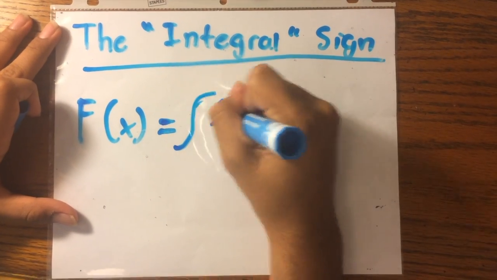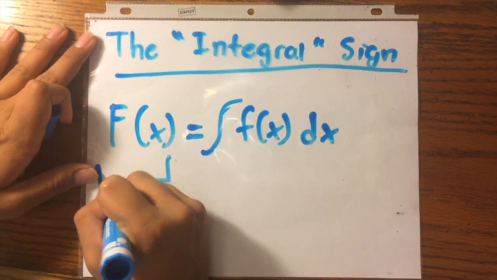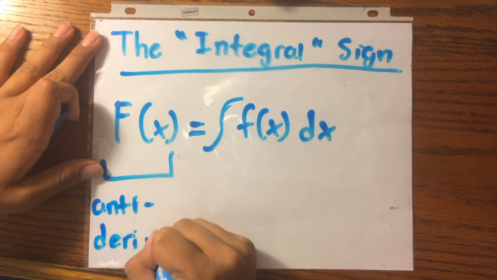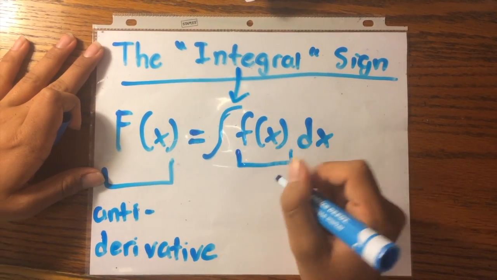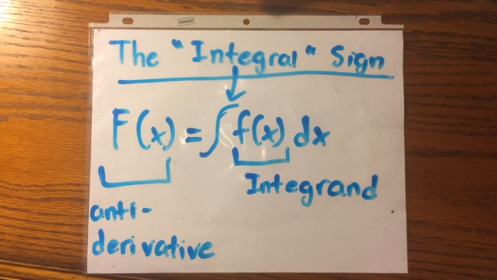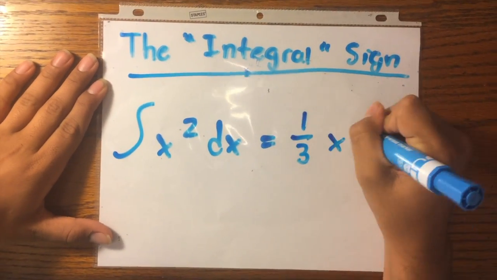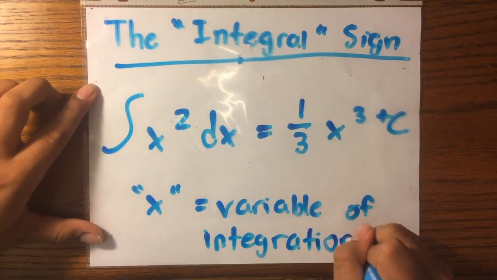But with integrals, there is a specific form that you must follow. For example, when you see F of x equals the integration of f of x dx, with F of x being the antiderivative, the little sign in between is the integration sign, almost like a weird s. And therefore the f of x inside is the integrand, and don't forget the dx that follows. And with a form like this, x would represent the variable of integration, like in this example right here.